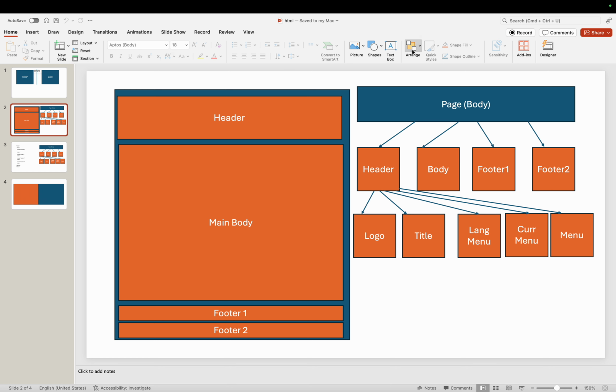But basically, the base of the pyramid, I don't know if you want to call it the base or the top of the pyramid, is one element, the root element, and it branches in my page into four elements: that header, body, footer 1, and footer 2. Then each of these elements continue to branch. So I'm going to do the example of the header.